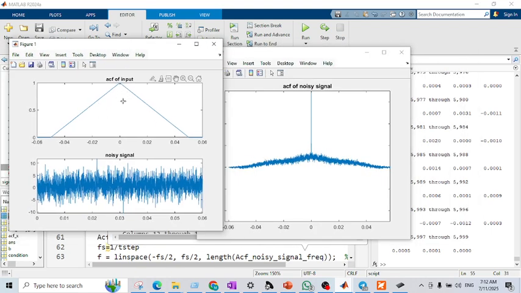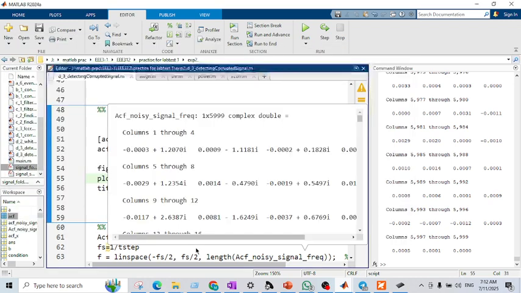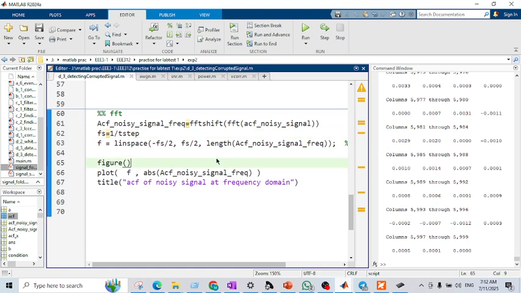This is the ACF of that u[n], and this portion quite looks like this. So from this we can have an idea that maybe a step function is hidden inside this noisy signal. And then if I do FFT,